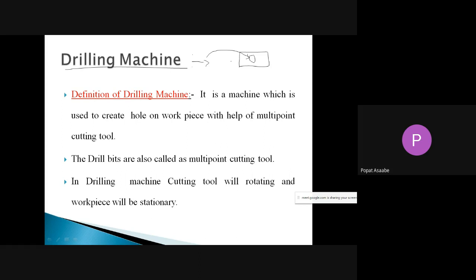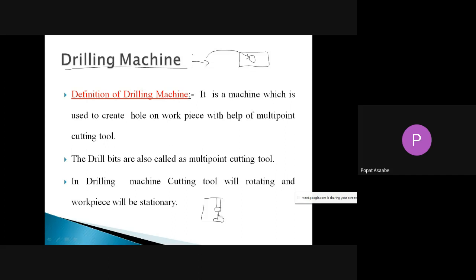What is this? In the drilling machine, suppose this is our drilling machine. This will be the spindle, and here we attach one chuck, and inside the chuck we can hold the drill bit. And here on the table, we can mount our workpiece.